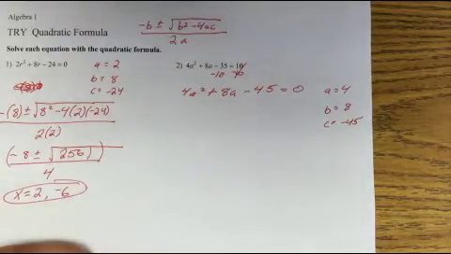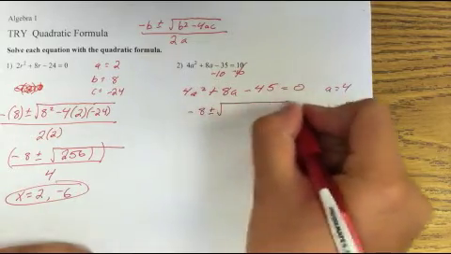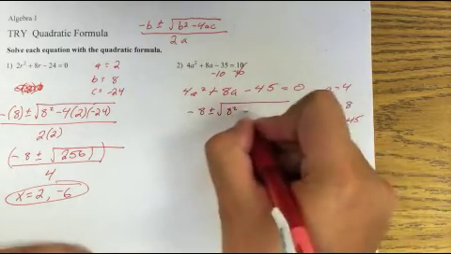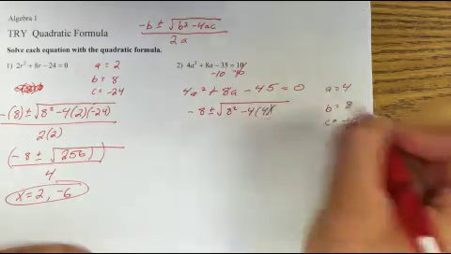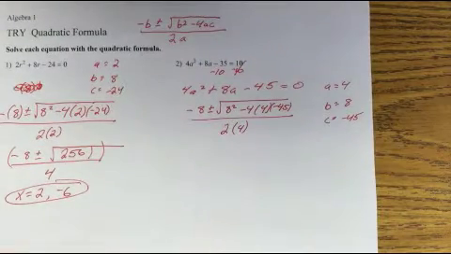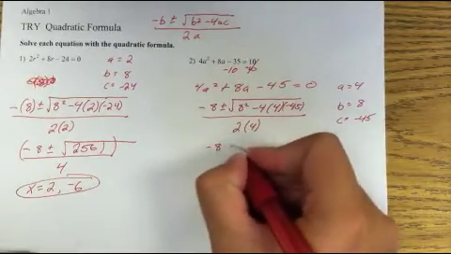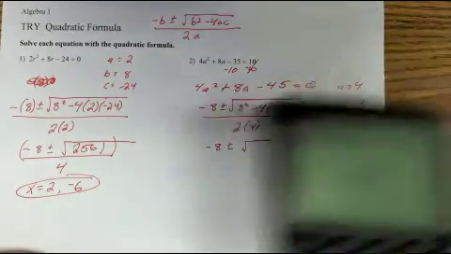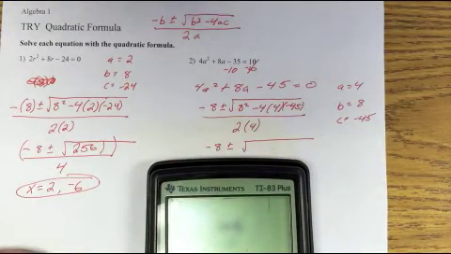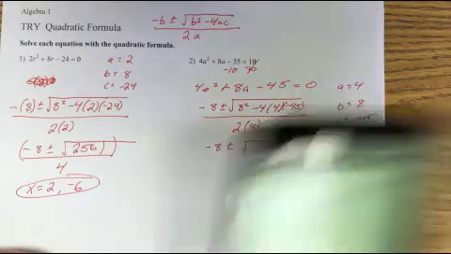Substitute my numbers for my letters. I have negative 8 plus or minus the square root of 8 squared minus 4 times 4 times negative 45, all divided by 2 times 4. I simplified my outside, inside, and bottom. My outside's going to still be negative 8 plus or minus the square root. Pulled out my calculator here. I have 8 squared minus 4 times 4 times negative 45, which is 784,